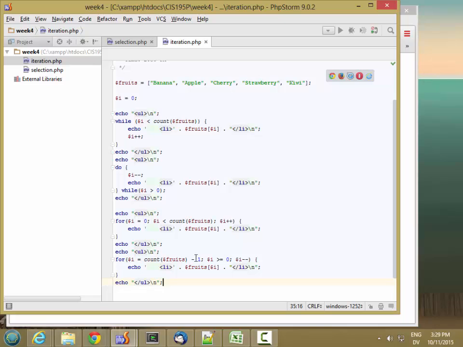So, first time I hit the for loop, it sets I to be 5 minus 1, which is 4. Then it checks this condition. 4 is greater than or equal to 0, so it executes the loop body. It's going to output a list item with fruit sub 4, which is kiwi. And then when it hits the end of the loop, it loops back, picks up this iteration clause, sets I to 3, and then checks the condition again. This is still true, so I output fruit sub 3, which is strawberry, loop back up, set I to 2,